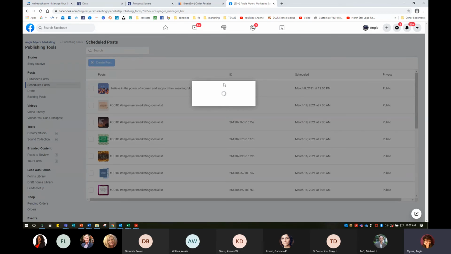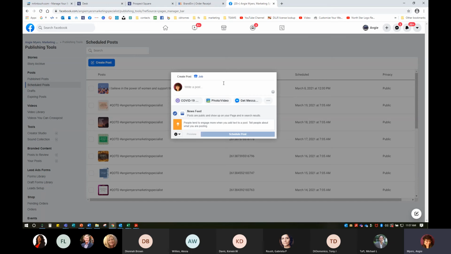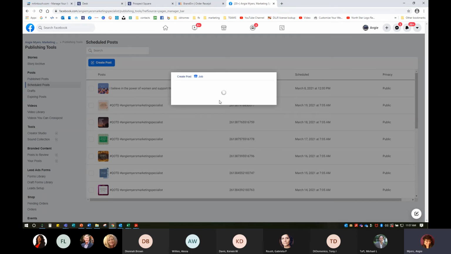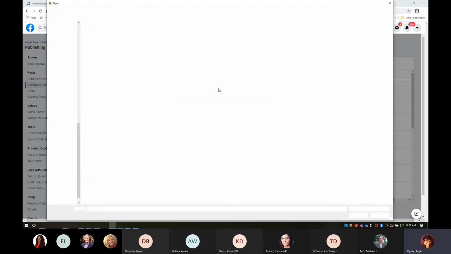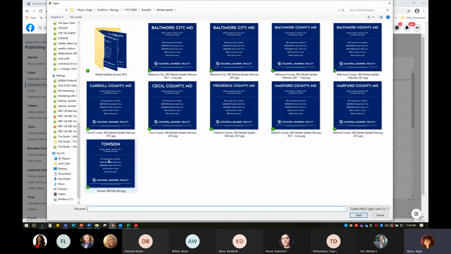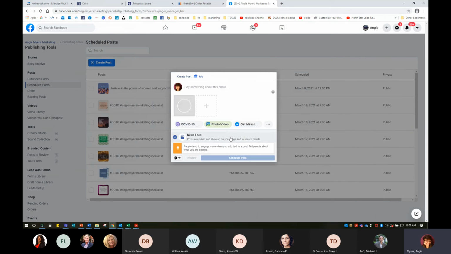and I can go in just like I was posting on the regular page. It's just kind of in the background. I'm going to do that photo video. I'm going to upload the photo video. I'm going to find the tactic that I want, whether that's Towson, whether that's the area that you're serving. That could be a holiday. It could be a fair housing, anything that you found in the system. And I could say,